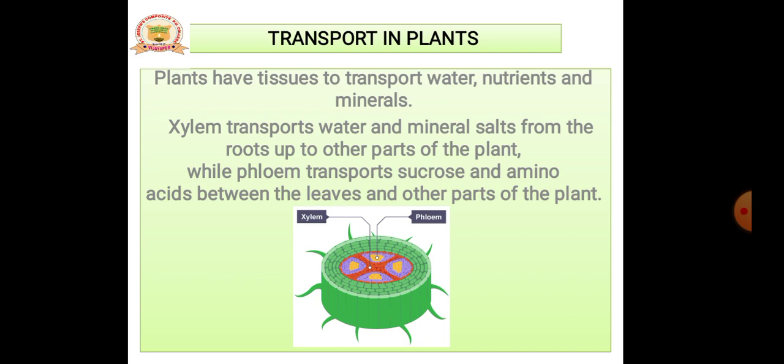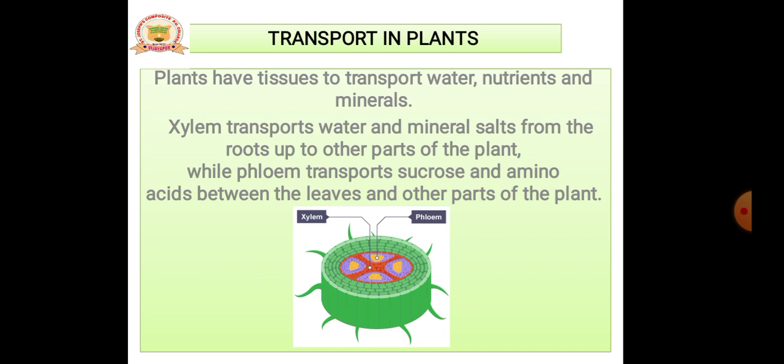To understand some of the transport processes that take place in plants, one would have to recollect one's basic knowledge about the structure of the cell and anatomy of the plant body. So guys, in this session we will discuss transport in plants. As you know, plants have tissues to transport water, minerals and nutrients. In them,